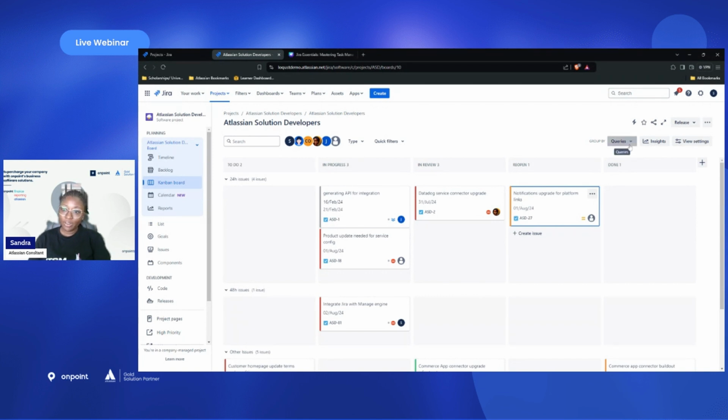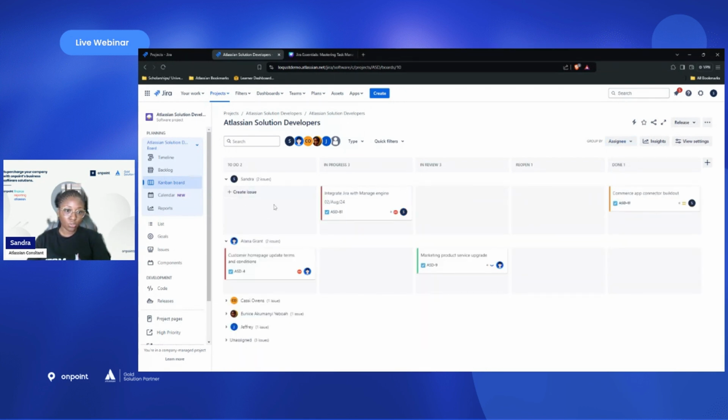You can categorize your issues based on the assignee, the epic, the stories, the queries, or the project. So let's say you want to see specific people assigned to issues in the project or on the board. You just click on the assignee, and then it shows you